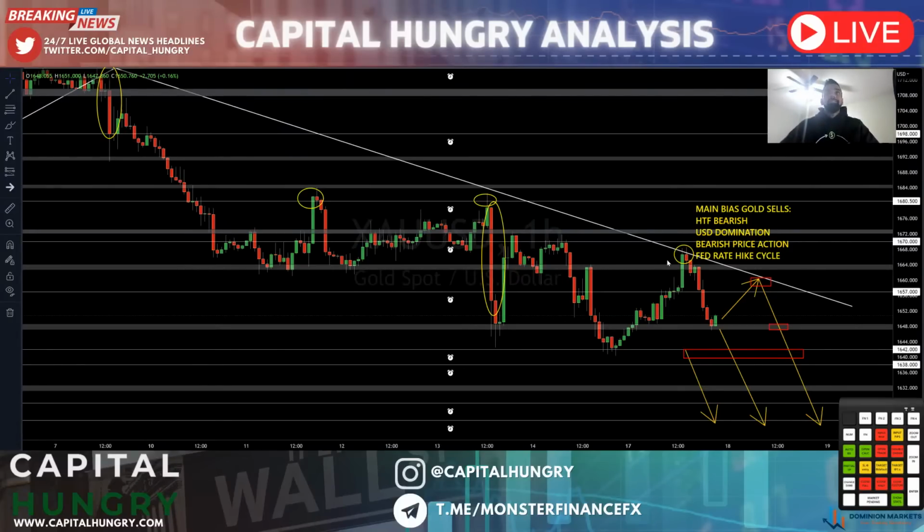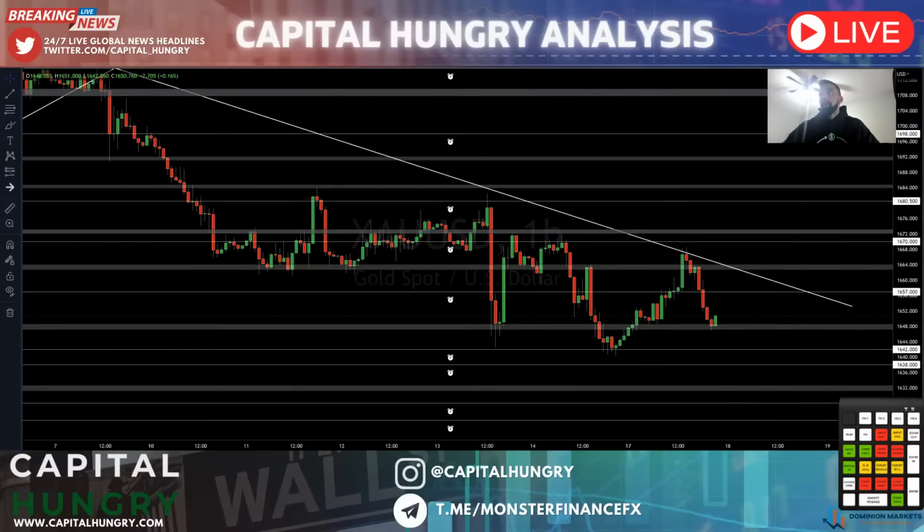Okay? This is my main bias, main expectations. Pullback to retest structure, 1657 to 1660. Just flip bearish below 1648. Break below 1642. Continue sells. The only way I can see buys is we would need a fundamental catalyst for buys and breaks well above 1680s. We would have to break these sell side liquidity zones, break this bearish structure, completely correct this downside move, and have a fundamental catalyst that can have enough weight to break that overall market structure as well.